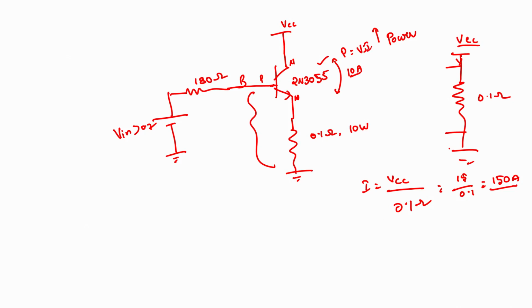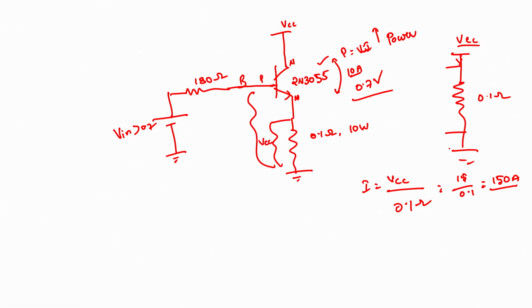Now, when you calculate the voltage drop, since it is in a saturation mode, we already know that when the transistor is in a switch mode, the voltage drop across your collector and emitter is approximately 0.7 volts. You can also refer to that in the data sheet. So, because of your current, that means 150 into 0.7, this may heat. But when you see the voltage drop across this point, this is simply VCC, right.